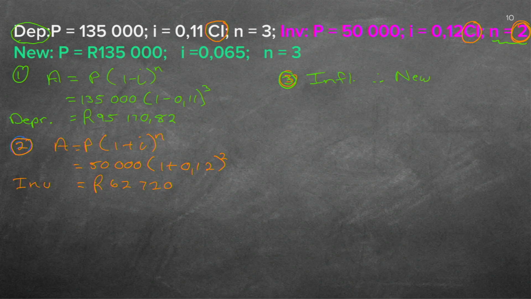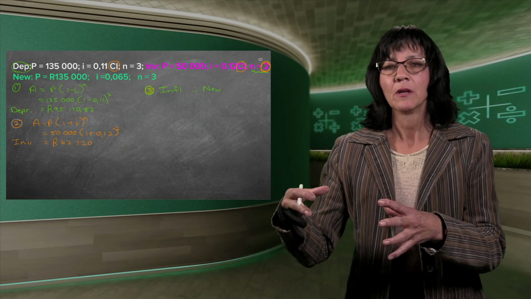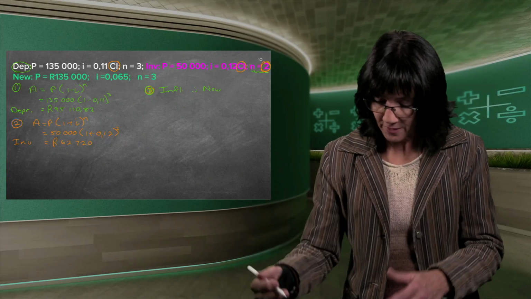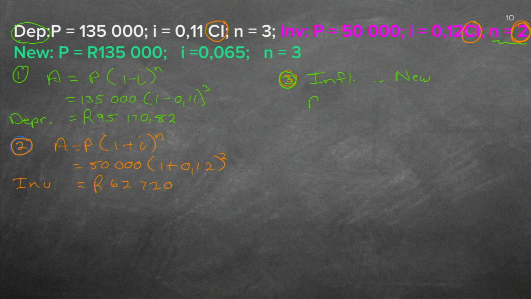Remember what inflation does? It adds the percentage on the previous year, so that stuff is going to be more expensive. So I know it's going to be A is equal to P, a plus formula. And I know it's going to be compound, because inflation is always compound, so to the power of n. Can you see in this green stuff, I did not write down on the top if it's compound or simple, because inflation is always compound.